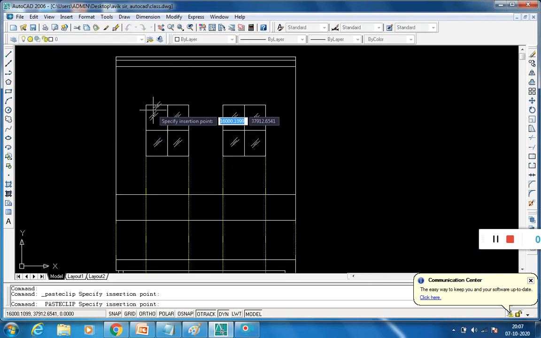So simple. So I draw the lines and I copy it using Control C, then simply paste it.